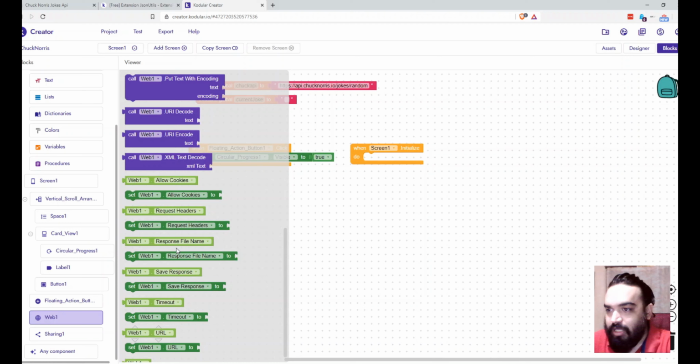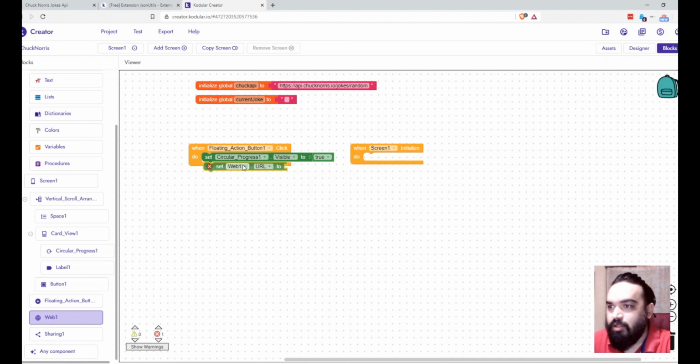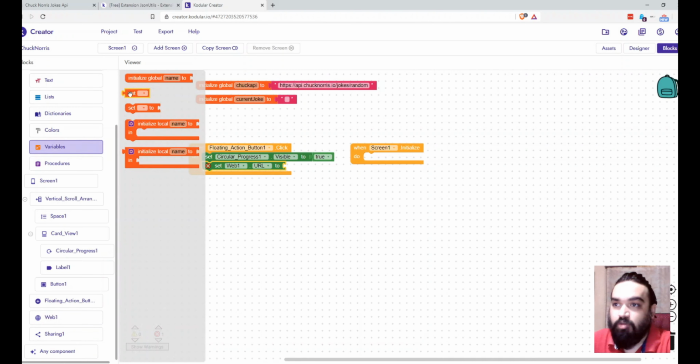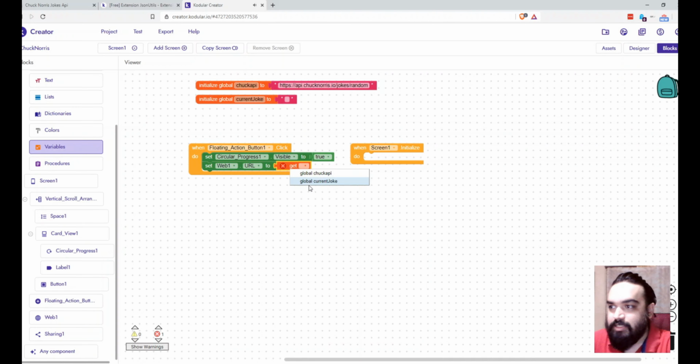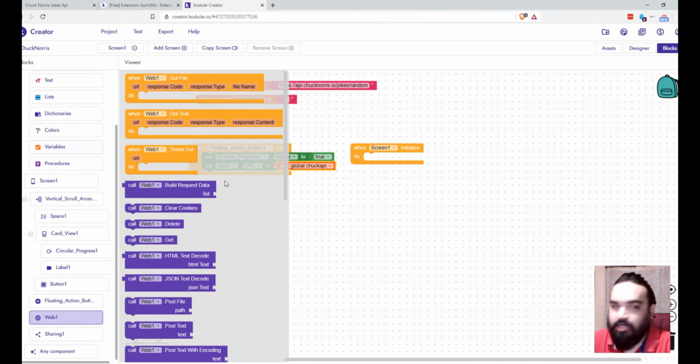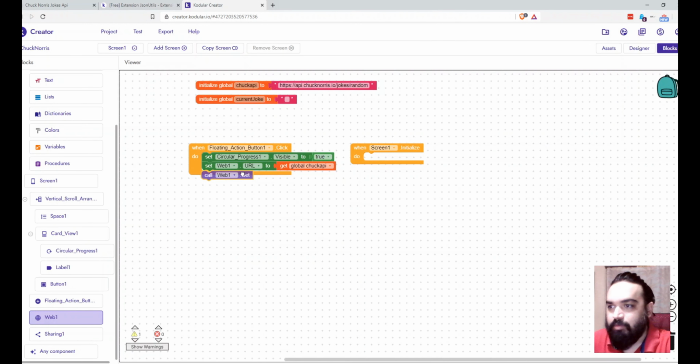There is set allow cookies, and then there is set web URL. Here I'm going to attach this to the first one that we already attached, and this will be the global variable that we initialized. So we'll do a get and then select global chuck API, and the last part that we need here is to call the API. So we'll do call get on the web block.